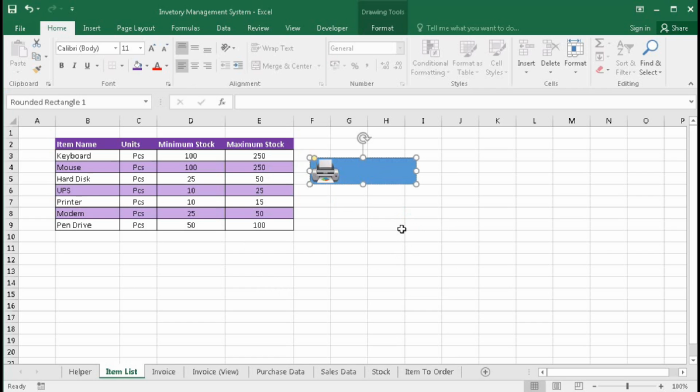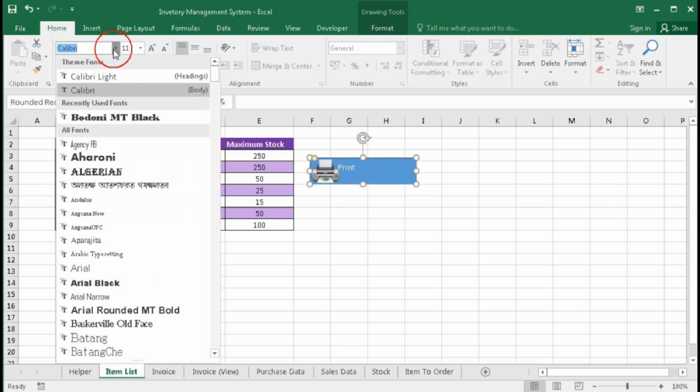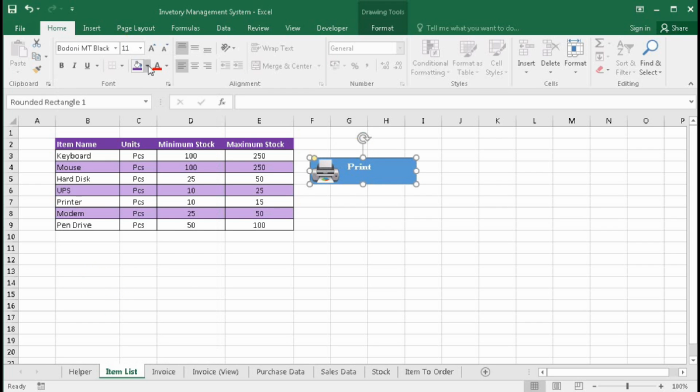Type print, and change the font face, increase the size. Okay, or you can type here print sheet.